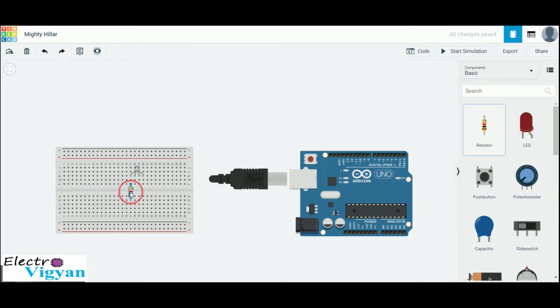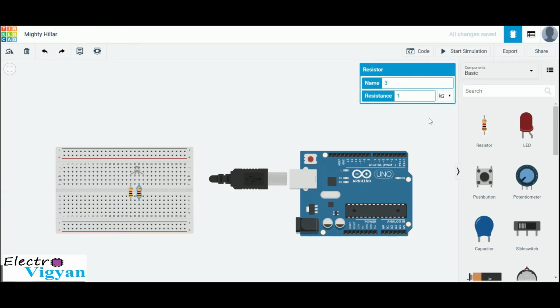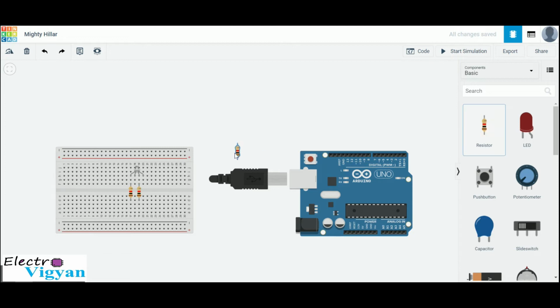Now connect a resistor to pin red, pin green and pin blue. Connect the common cathode terminal to the ground pin of Arduino.